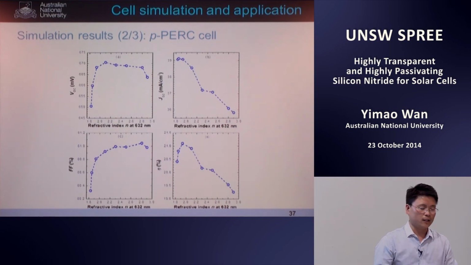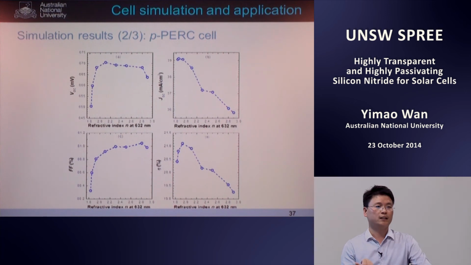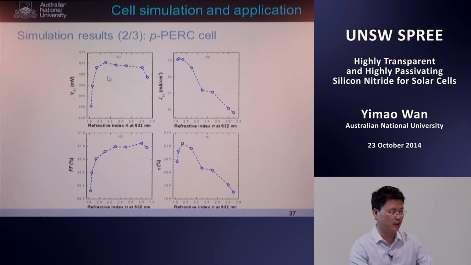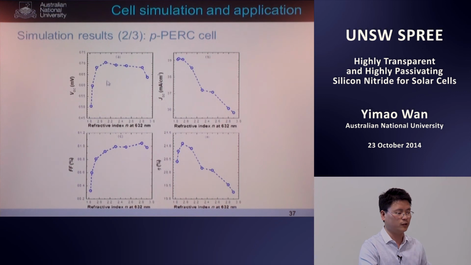And the cell results on P-type PERC cells. So we use experimentally determined recombination values and also experimentally determined optical properties. Then we can simulate the cell parameters here. So it shows both VOC and fill factor increase